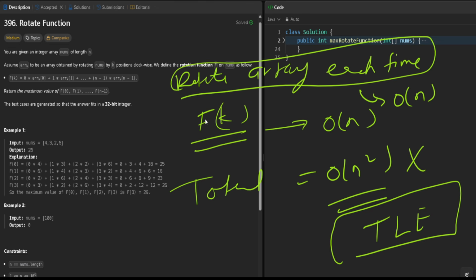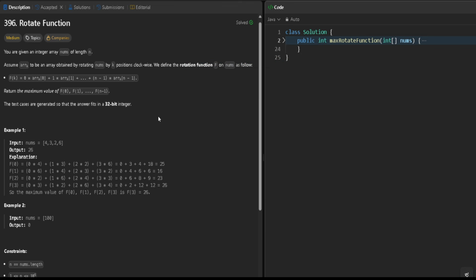So instead of recomputing from scratch again, rotating and then computing, we should derive a relation between consecutive rotations. So you can create a formula. Let me tell you how. Let's think that we have a formula